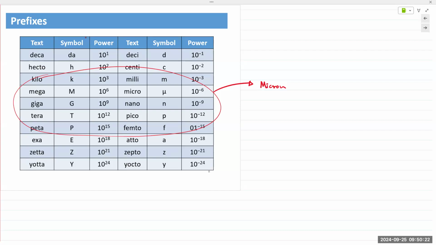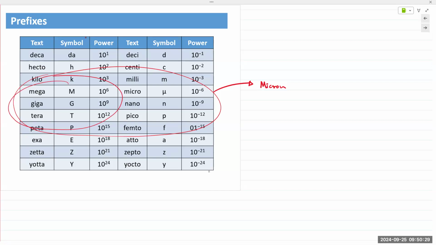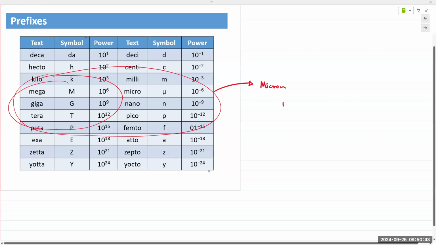And on the other side of the table, we have mega, giga, and tera, right? Everything's now like millions and billions and trillions. 10 raised to 3 is a kilo, 10 raised to 6 is mega, then giga, and then tera, 10 raised to 9, 10 raised to 12, and so on and so forth. To give you an idea of how large those numbers are,